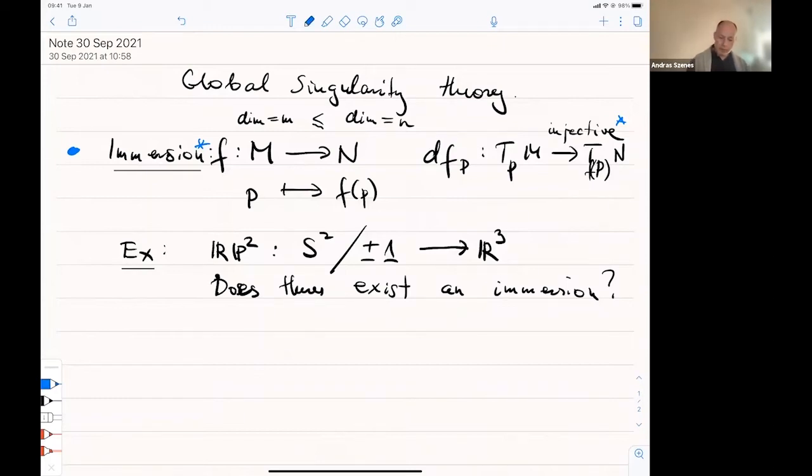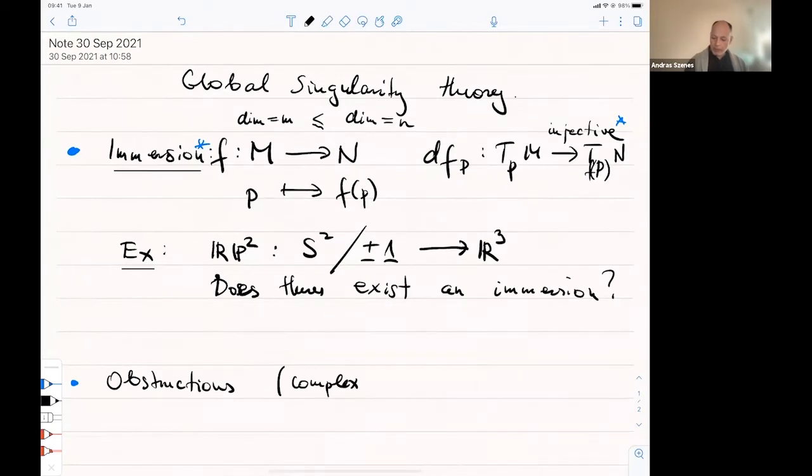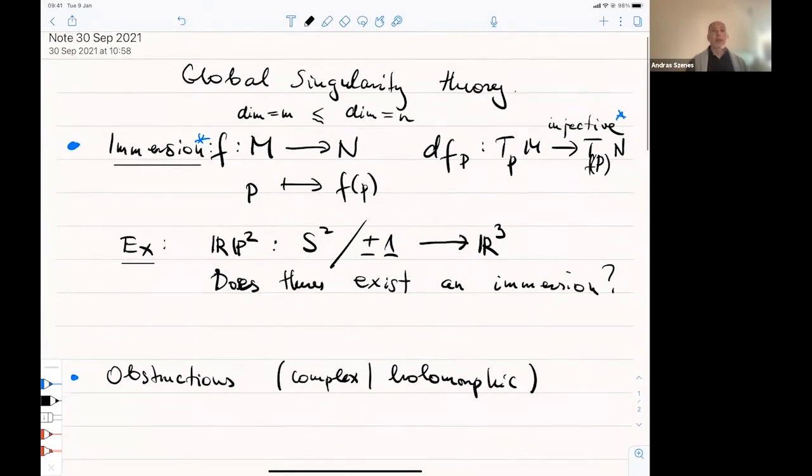Okay, so let's go to our next point: obstructions to the existence of immersions. At this point, because it's more convenient, although I'll make a remark about the real case later, for now I'll just pass to the complex case. So the manifolds are complex, and of course then the category of maps is holomorphic. So I'll pass to this case. And so the obstructions to the existence will be done using